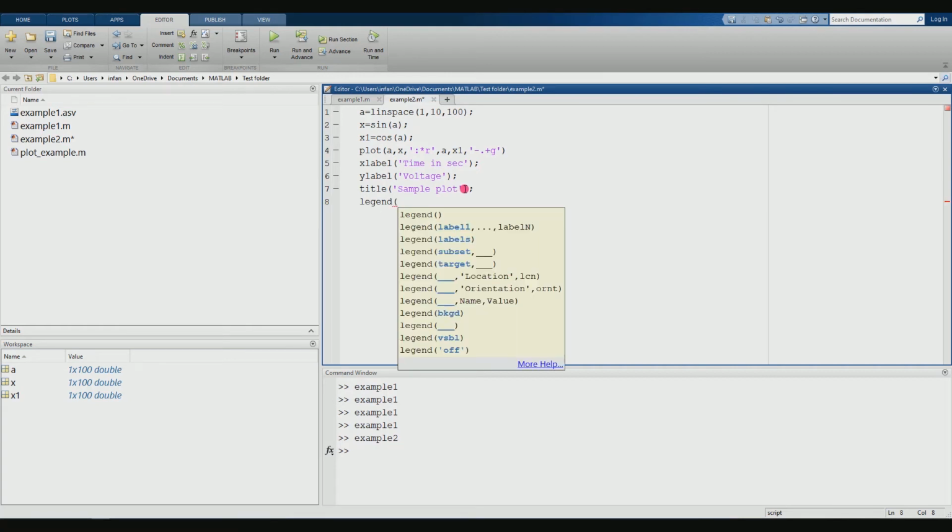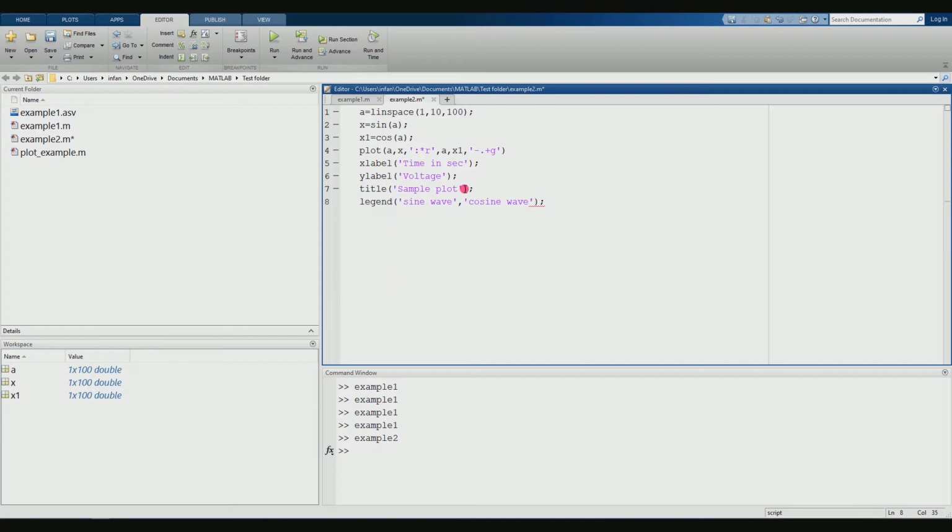Here we have to give two labels because there are two plots. For the first plot, I'm going to give the label as sine wave. Then for the second plot, the label is cosine wave. Whatever name you wish to display can be typed here, semicolon.